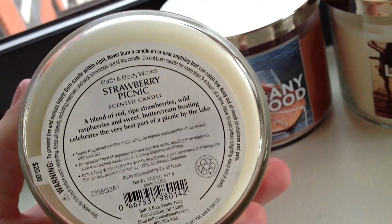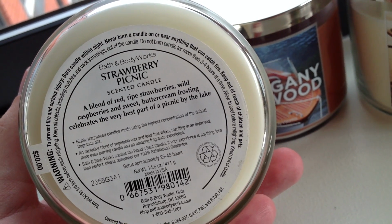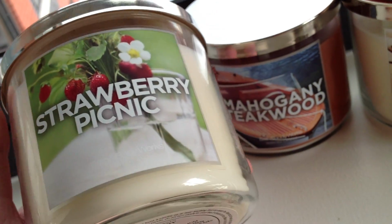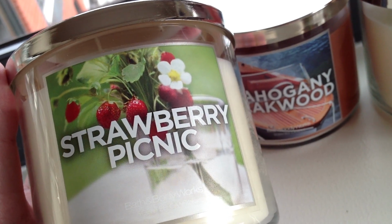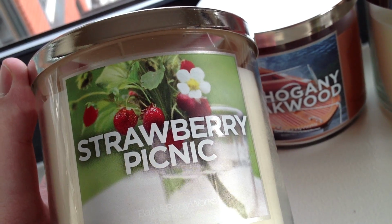White candle, the notes on it, a blend of red, ripe strawberries, wild raspberries, and sweet buttercream frosting, celebrates the very best part of a picnic by the lake. Now, I wish they would have gone for maybe like a strawberry shortcake with this. They've done some bakery scents, particularly when they had the